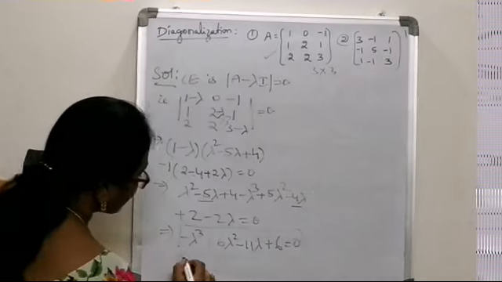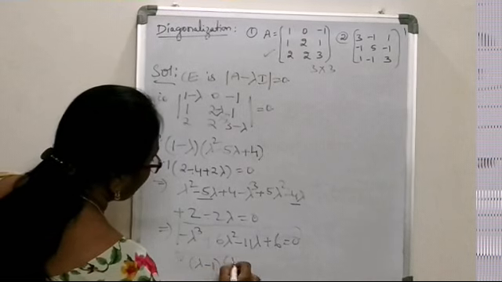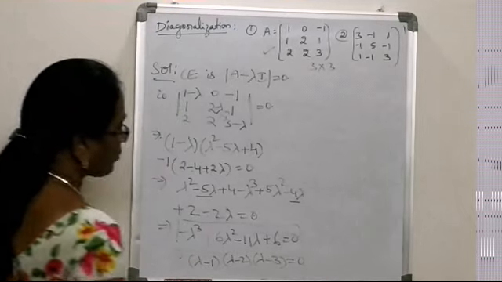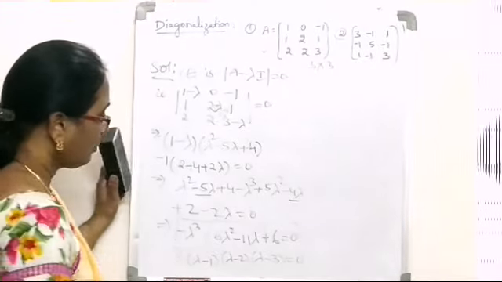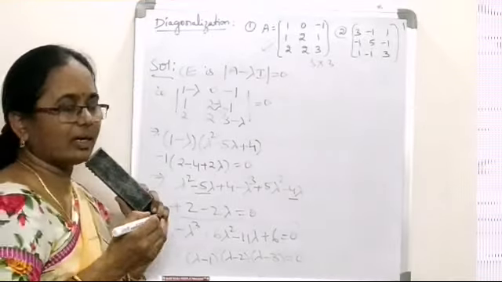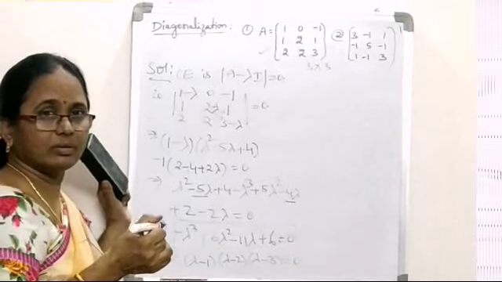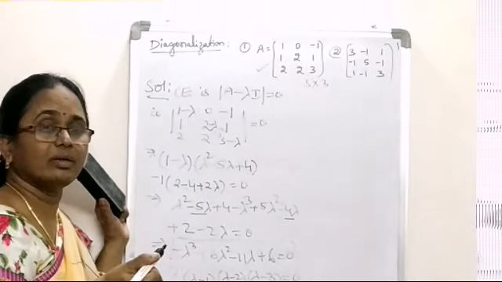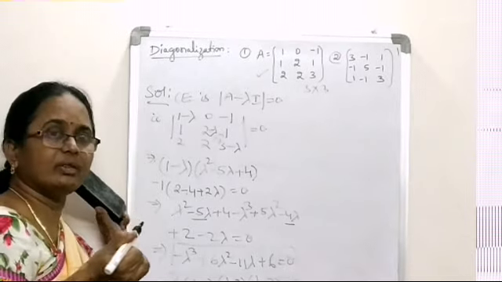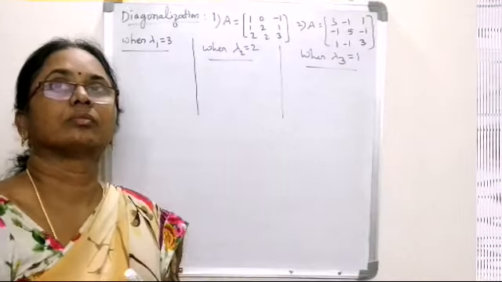On simplifying this expression, when we factorize this, we have (lambda minus 1)(lambda minus 2)(lambda minus 3) is equal to 0. Right? These factors I have got from the cross multiply, factorization method, or synthetic division method. Any method we can apply. All those methods you are all familiar with, so I am not showing the methods here. I have written directly the factors.